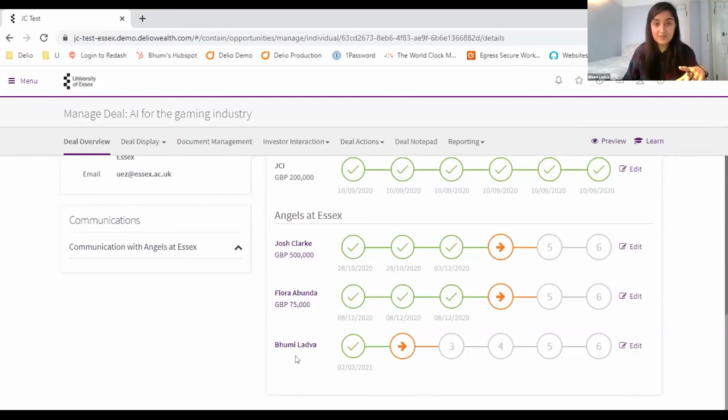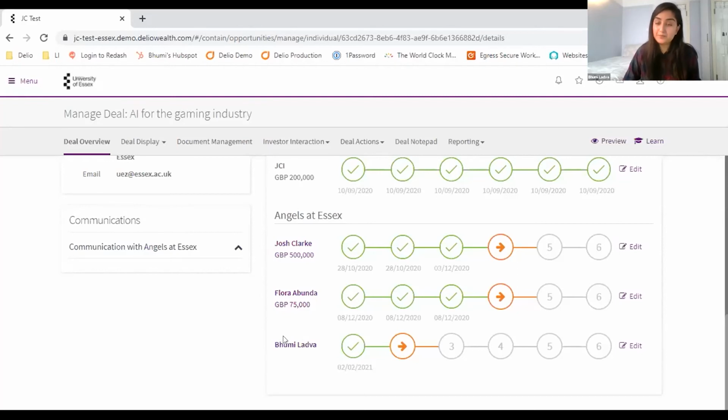I will have to double check if they do receive an email to tell you, but you will definitely get an on-platform notification to say that X investor has inquired on the deal or has requested more information. You can communicate through the platform, but we know that you will probably want to have conversations and email them off platform as well.